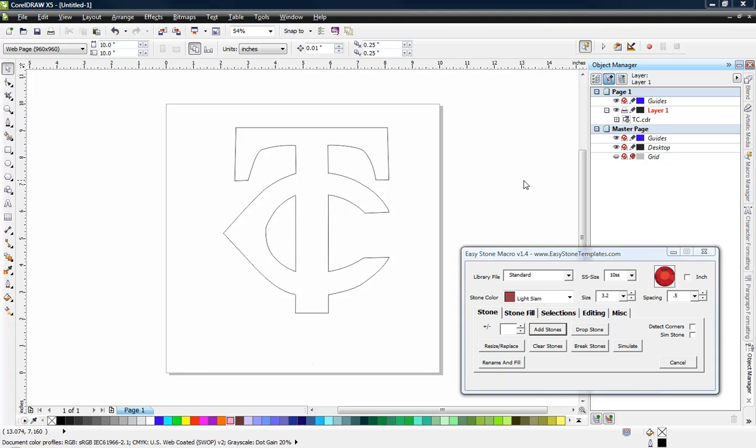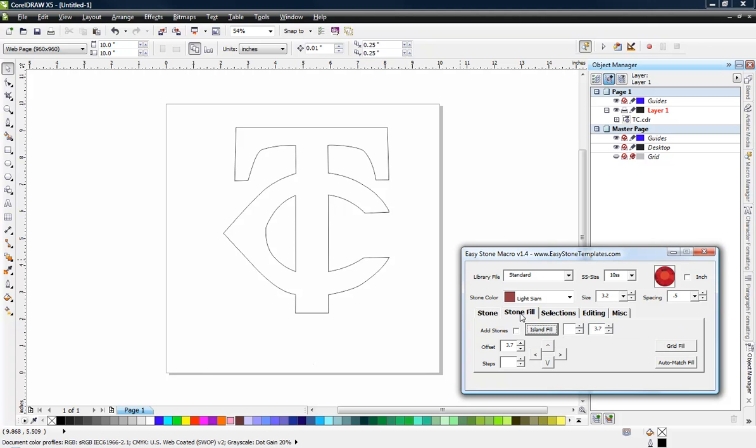In this video, we're going to be taking a look at the process that we're going to use to fill this design with rhinestones. Now, this is an actual piece of artwork that was sent to me by Angela Garcia, who is an Easy Stone customer, and she says, Kevin, how do I go about filling this design with rhinestones? I've tried to use the island fill function in Easy Stone. I've tried to use the grid fill function in Easy Stone,